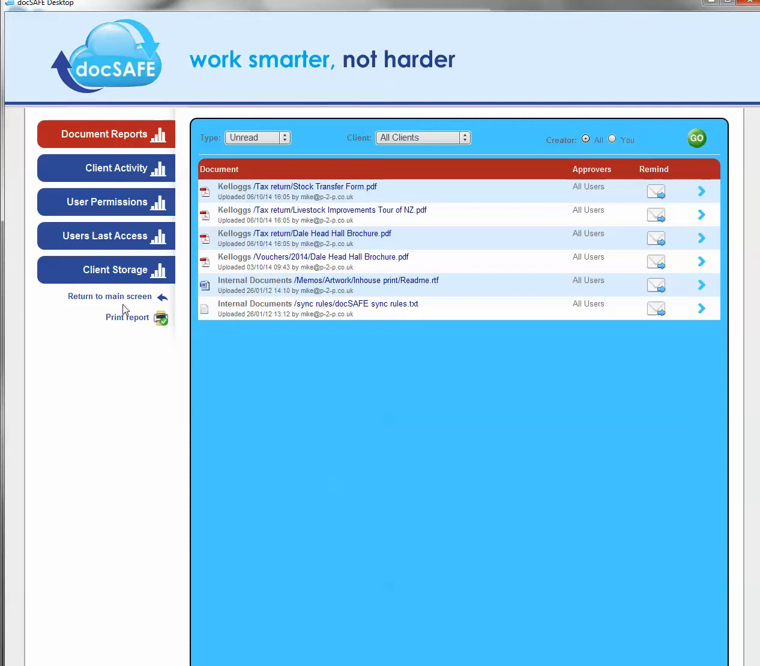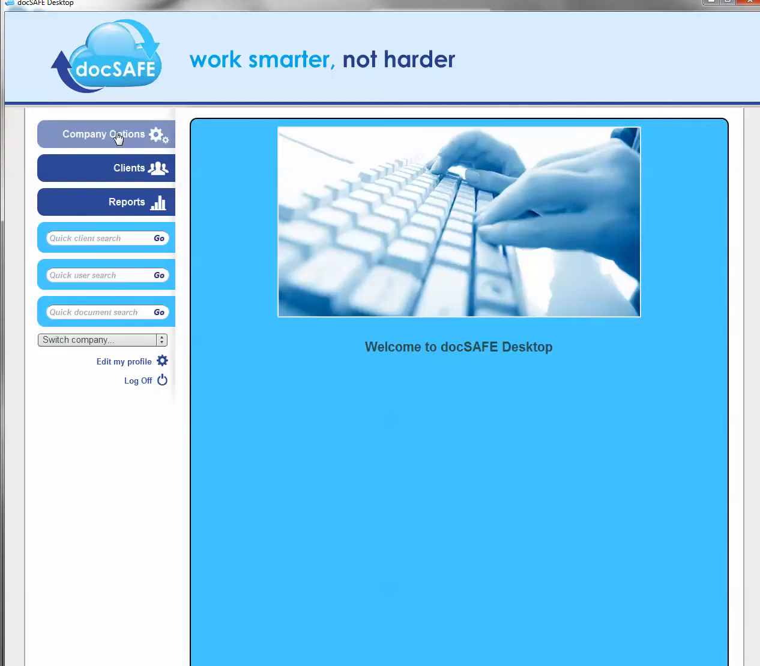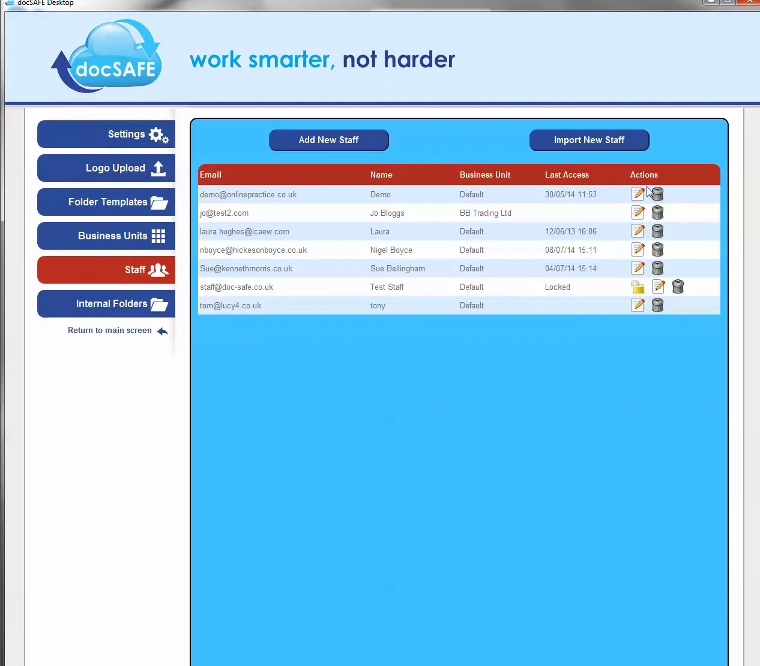We've also added an extra function for on the staff side. If we go to the staff section, we've added the ability to unlock a staff member who has accidentally put their password in multiple times and is locked out of the system. In times past you'd have to come to me in order for that to be unlocked, but now you can